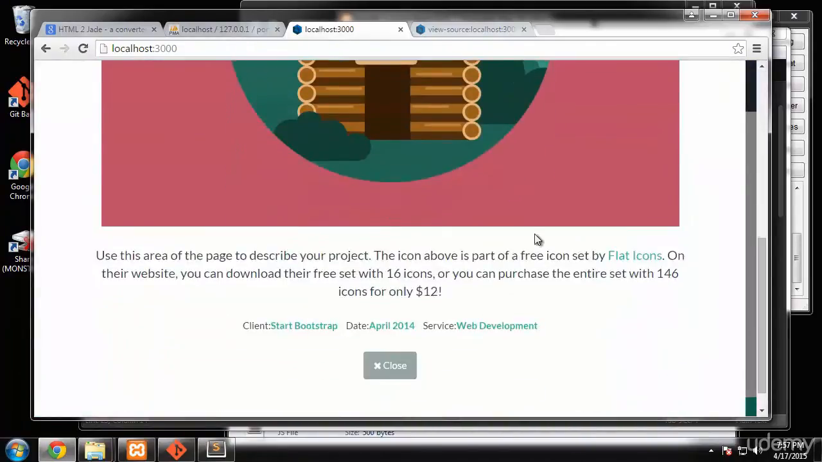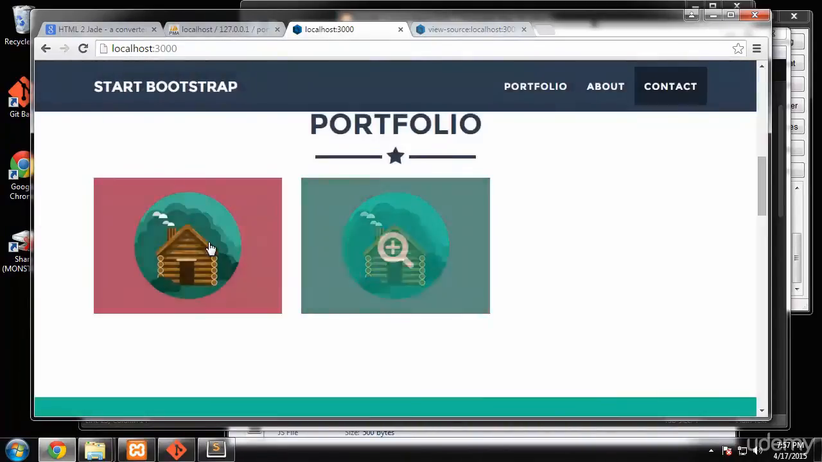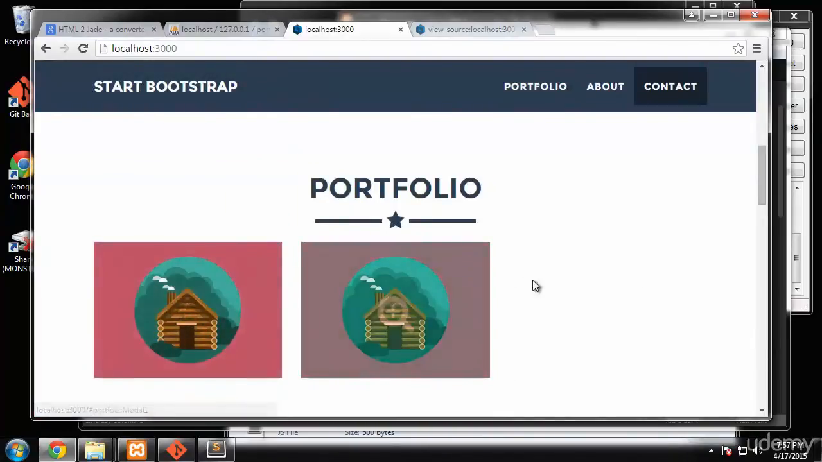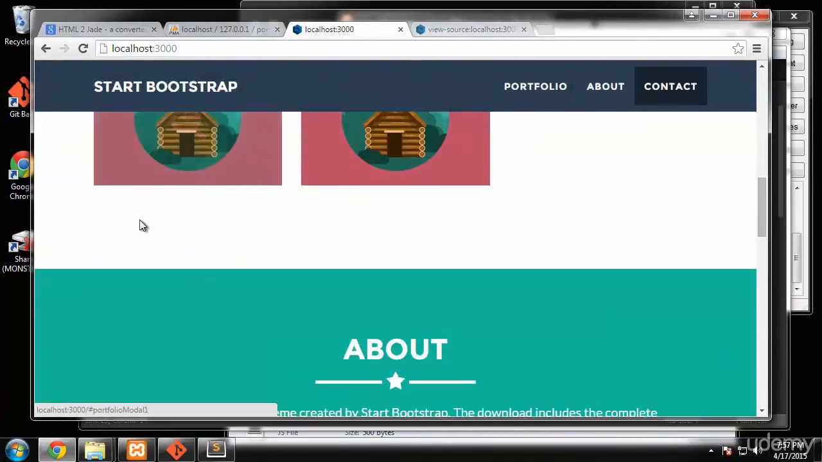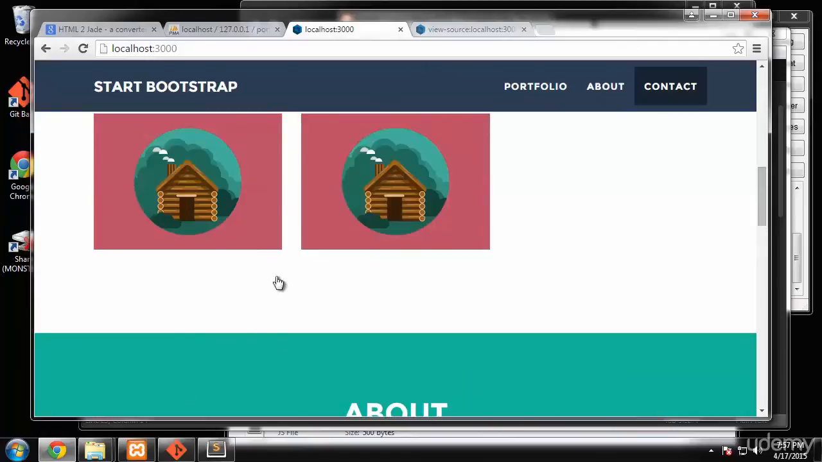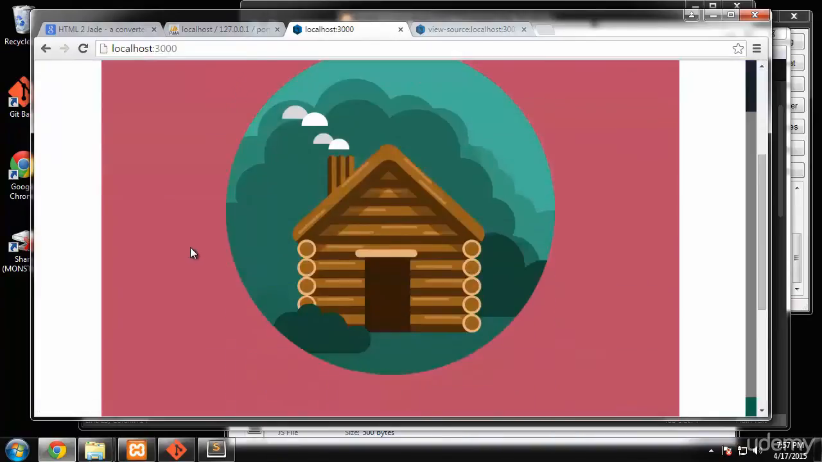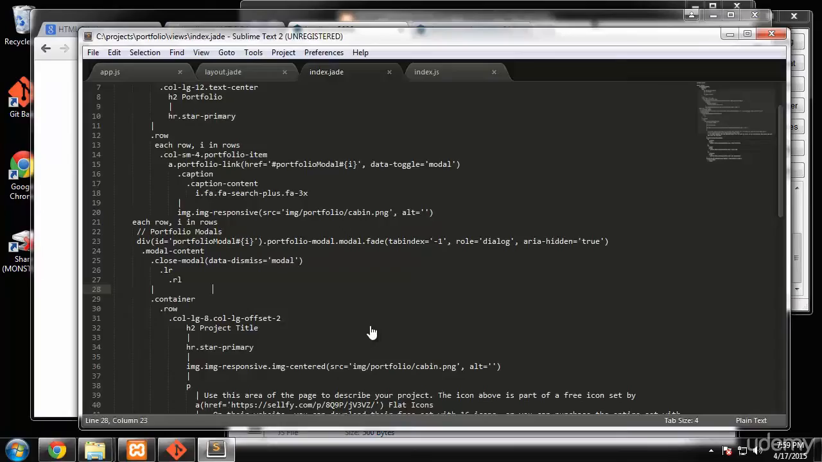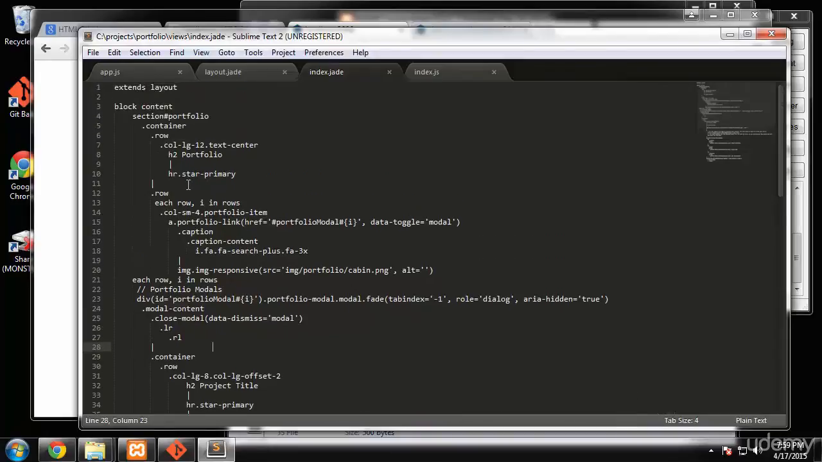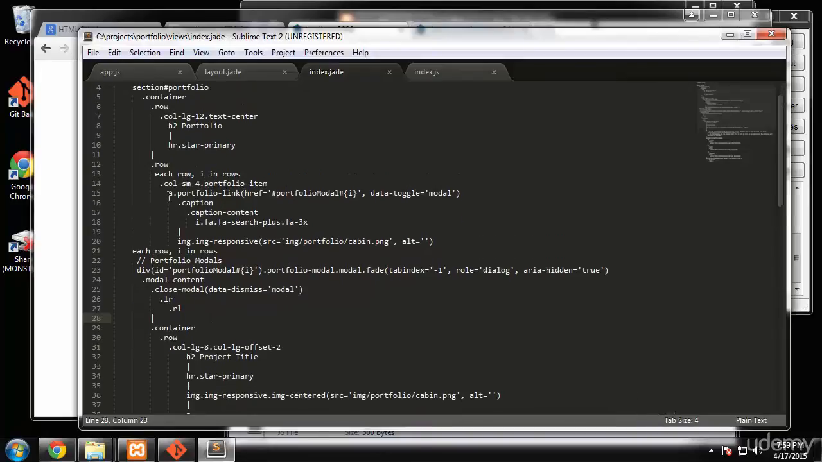And portfolio modal 1 is as well. Okay, and then the more we add, it'll be 3, 4, 5. I'm sorry, 2, 3, 4, 5. Alright, so now everything's lined up good. Basically, what we need to do now is just make this content dynamic. So to do that, we're going to go to this first loop here. Now, the only thing here that's going to be dynamic is the image, because we don't have any text or